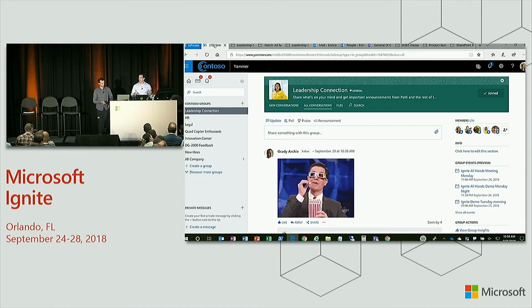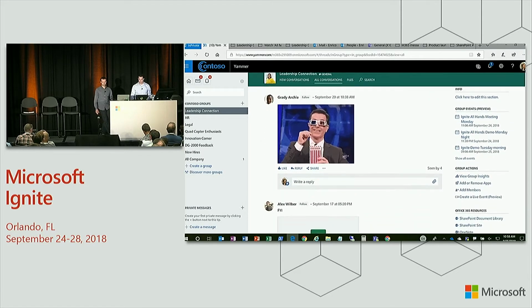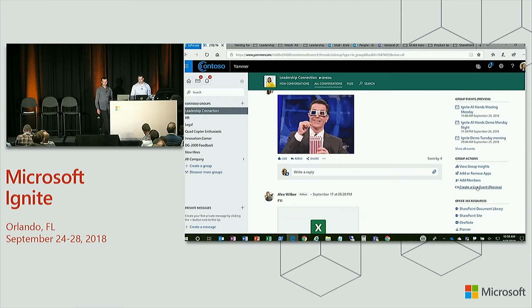So here, Yammer is great for connecting across your organization. You can reach out to another department, find a subject matter expert. It also allows you to connect with the leadership team in your organization. So my leaders can create a dialogue, listen for feedback, and understand what possibly needs to be changed or incorporated in their organization. One way that's normally facilitated is through something like an all-hands or a town hall meeting. So Yammer has now introduced a new feature right here in Yammer, which is in preview, called Live Events.